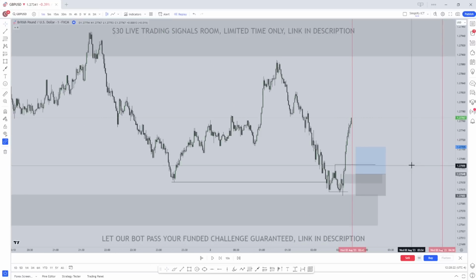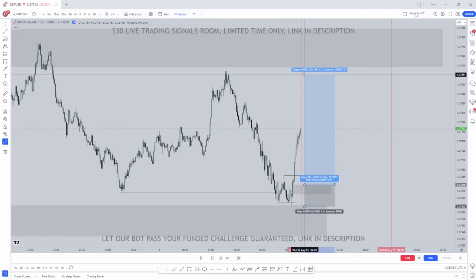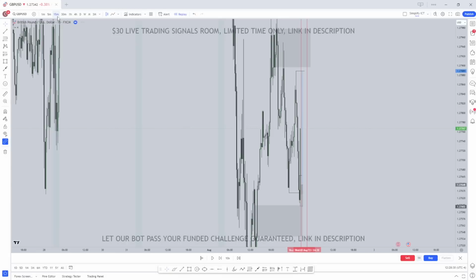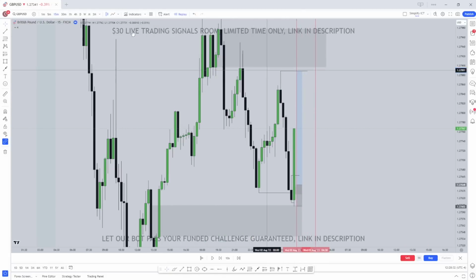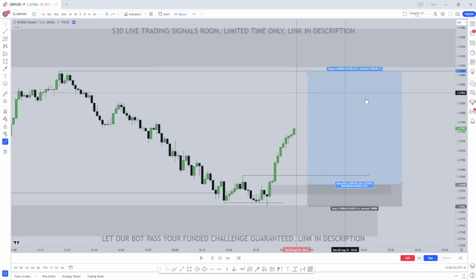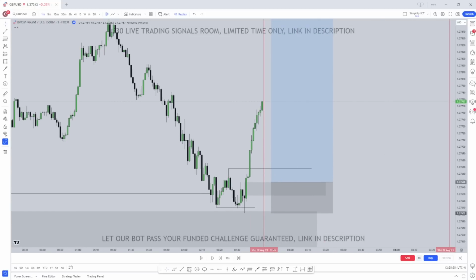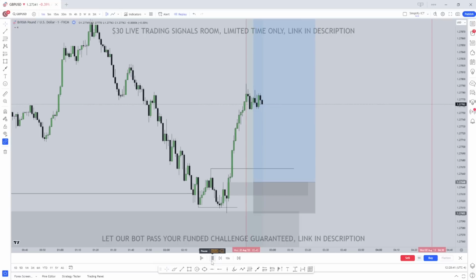Okay, so where are we going to look for our take profit? As you can see, we have that order block that I marked out, and we have this clear liquidity level right here that was also present on the 15-minute time frame. As you can see right here, clear old high right there. So we're going to target that as our low hanging fruit, giving us just over a 1 to 5 risk to reward ratio. So if we let price play out,